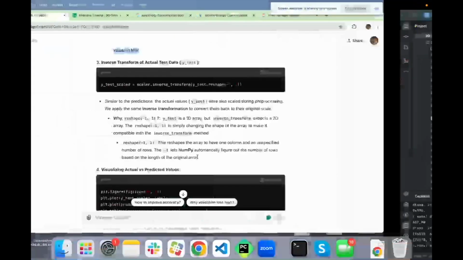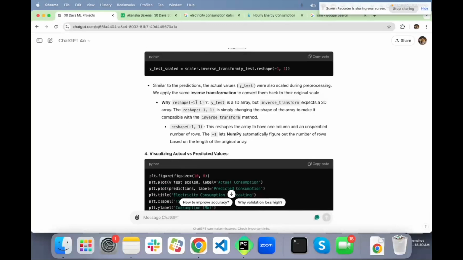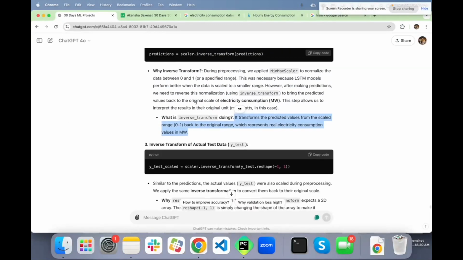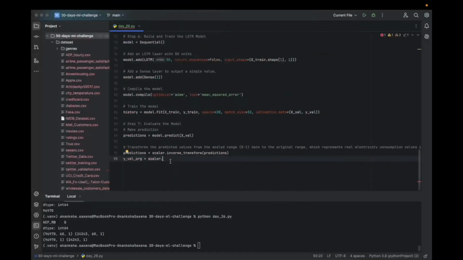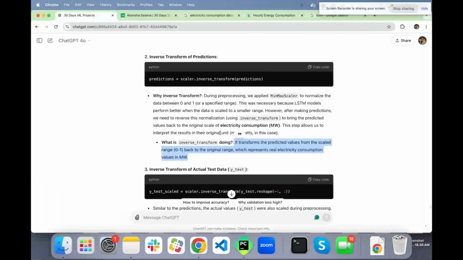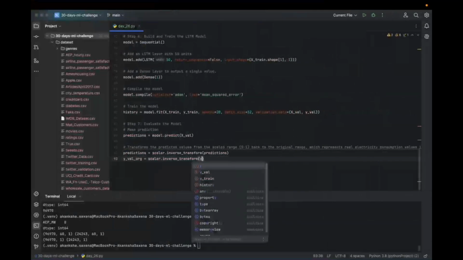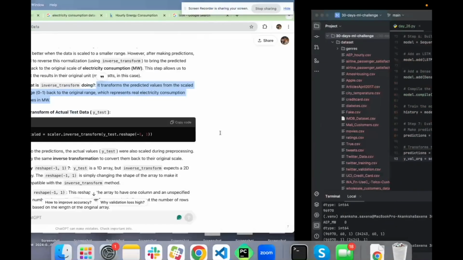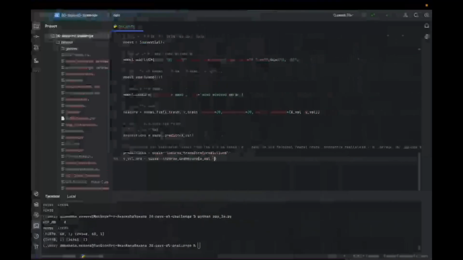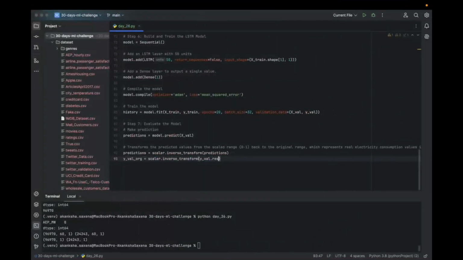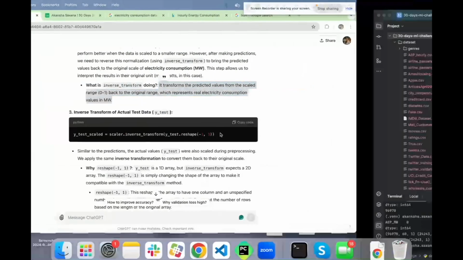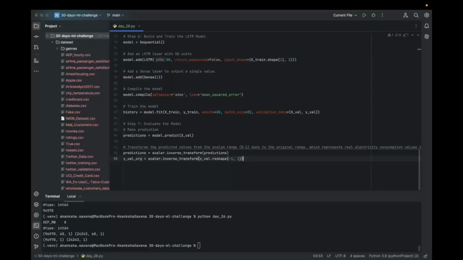Scalar dot, okay, from the scalar inverse transformation, Y validation dot reshape from -1 to